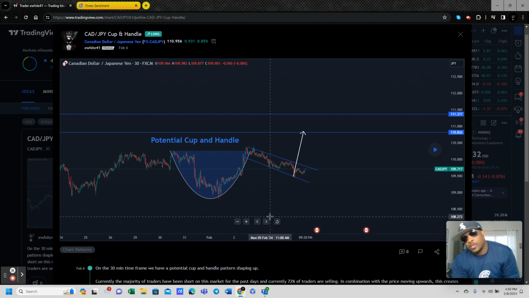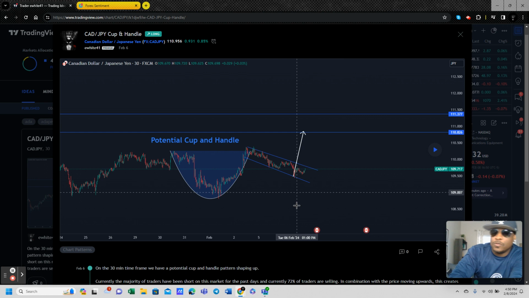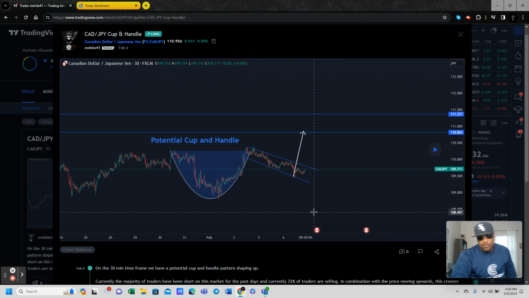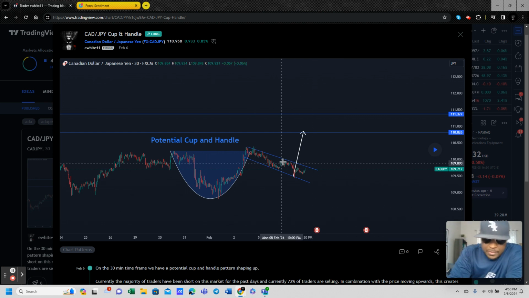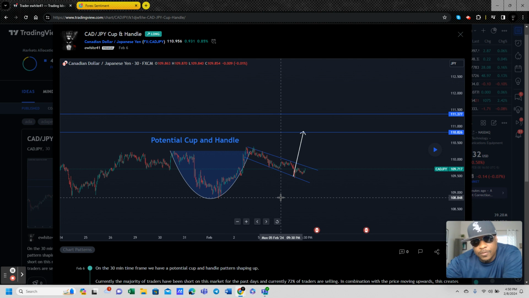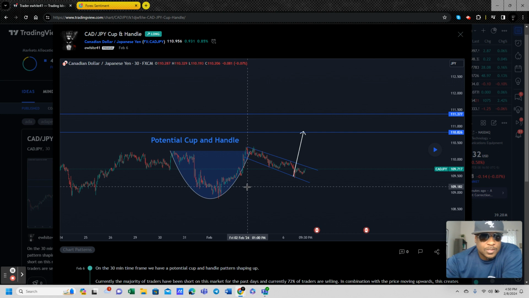We also saw a potential cup and handle, and you always see that I say "potential." I only say potential because it can fail, meaning that price could have gone down and it would have made it void. So even though it is shaped up like a cup and handle, for the most part, I still use the word potential because you have to respect that the markets can do whatever.